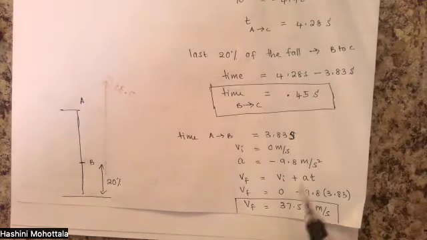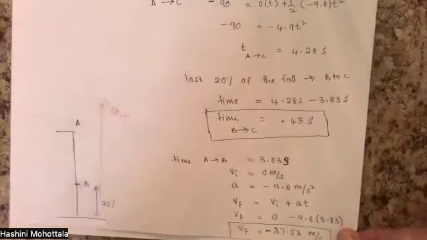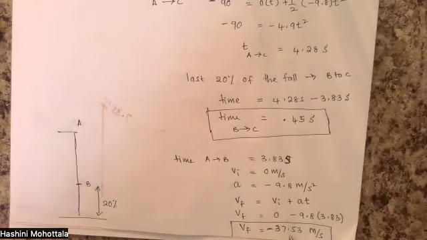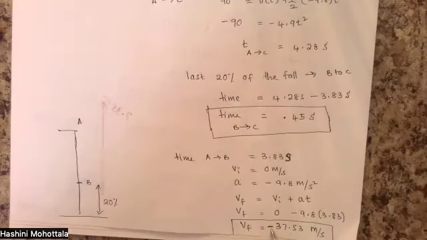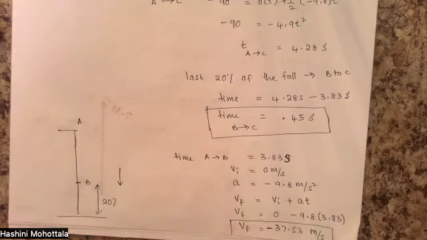The negative, yes, thank you. Thank you, Jacqueline. Yes, negative 37.53. Wow, you guys are paying attention. Very good. Very nice. So negative 37.53, and as I said, the negative indicates that the direction of the velocity